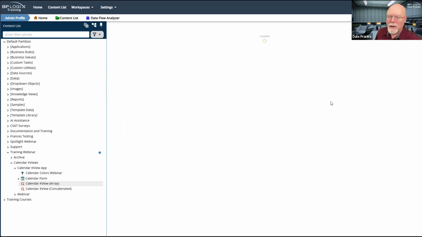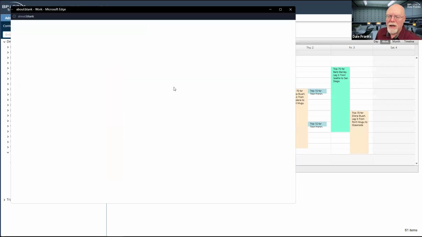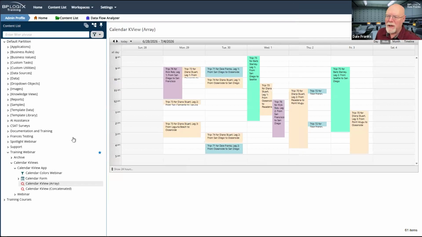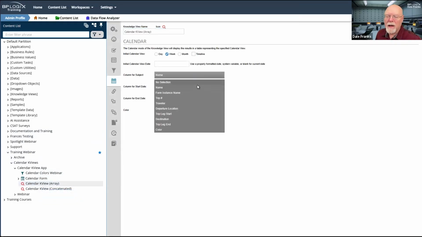If I go ahead and update and run it again, that's this text that we're seeing here, Trip 76 for Rick Robb, leg 1 from San Diego to San Francisco. So that is the text that I have configured to show for that knowledge view, and it comes from the name column.